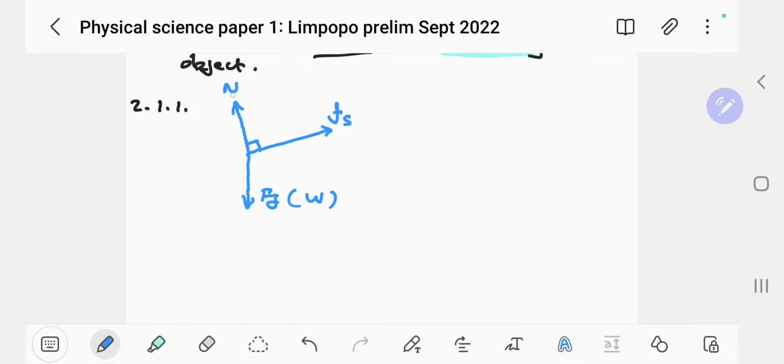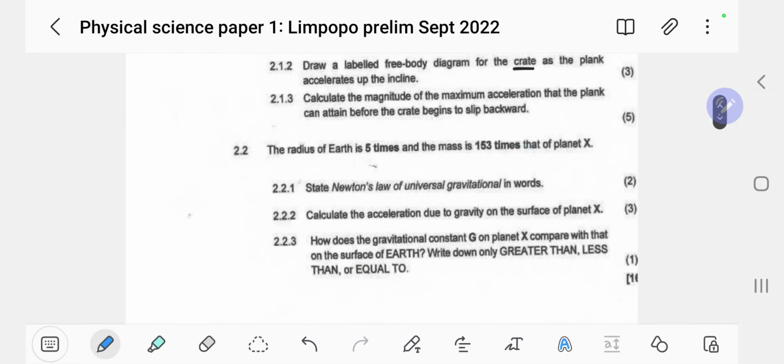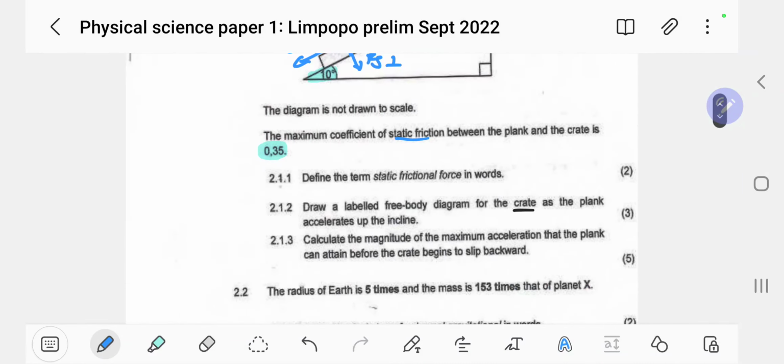Okay, and then capital letter N is always taken as the normal force, and the small letter f is frictional force. The subscript s means static friction. If you write k, it means kinetic friction. So no need to stress about writing a lot of things here. Not a problem. So we get our 3 marks there. All right, let's answer the next question.